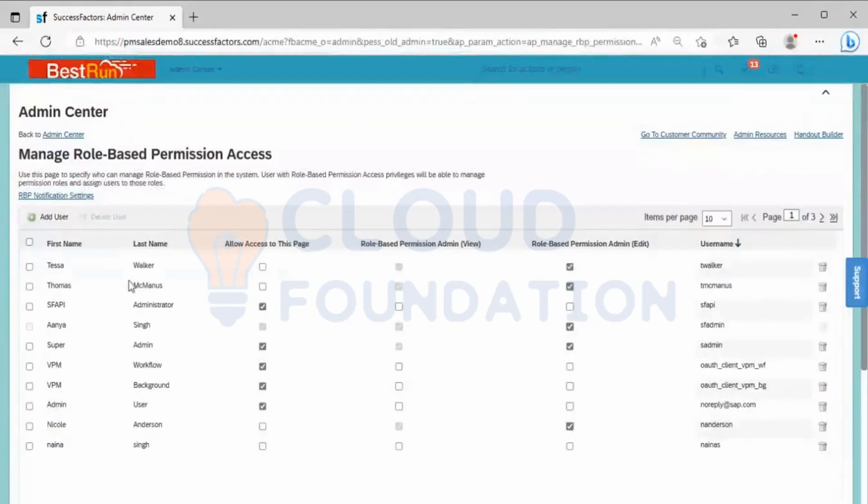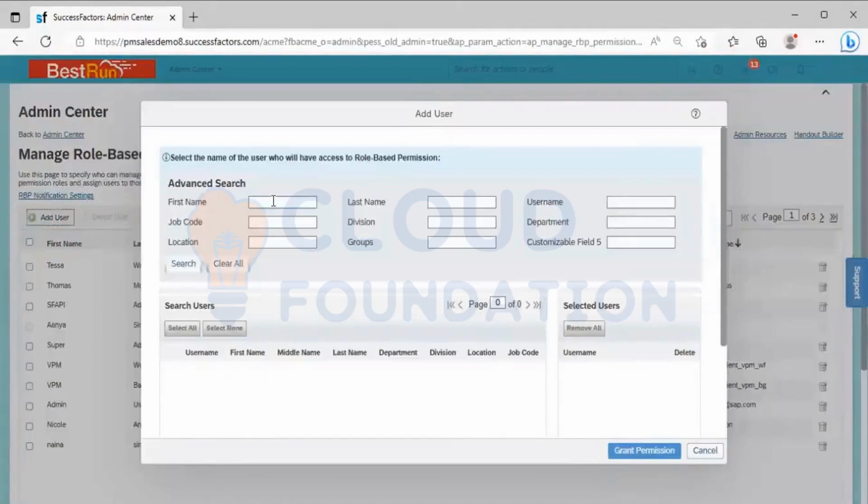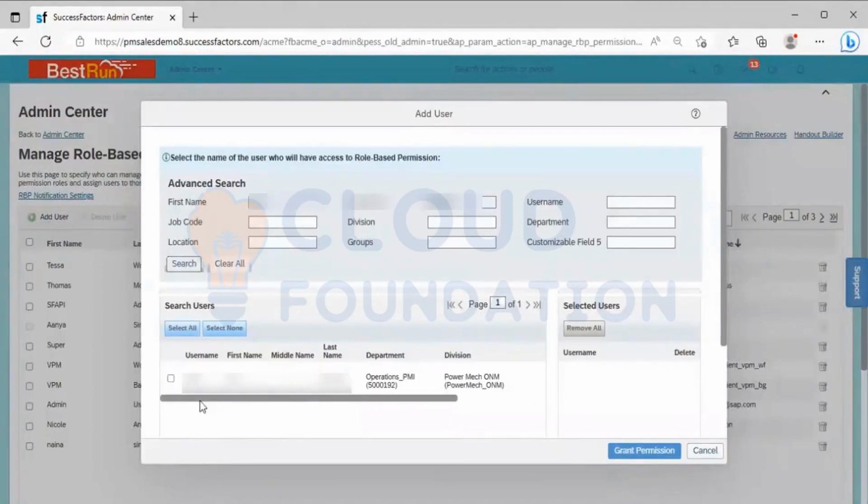Now when you go into the page, you can see the page includes first name, last name, allow access to this page. The one column is their role-based permission admin. Now I want to give the permission, give the access to that particular new user. I will click on add user. You can see it is showing here.